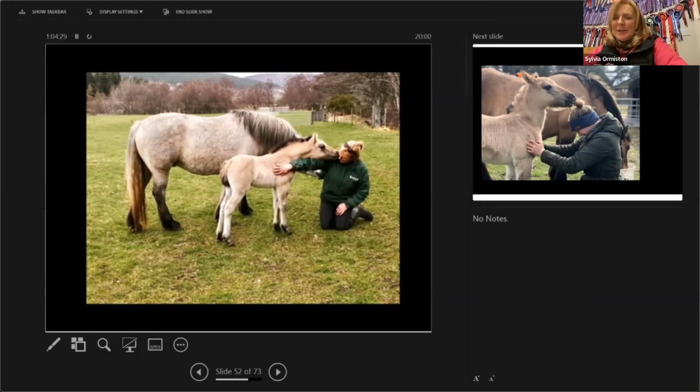And again, it's just this important time of bonding with them. We are part of them. You know, we feed the mares in the morning, and the only reason that we feed them is to give us a chance to interact with the foals. It's a nice bit of fibre going through the mares, helps boost their essential milk. As Katie was saying, the amount of milk that these foals drink is incredible, and the growth